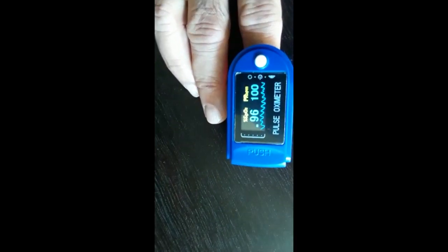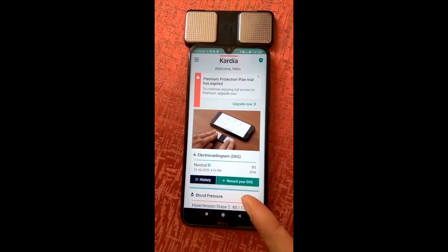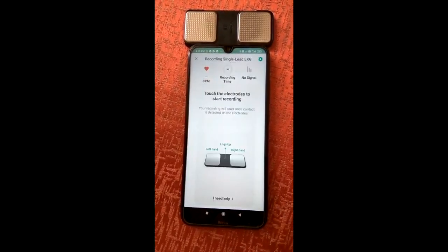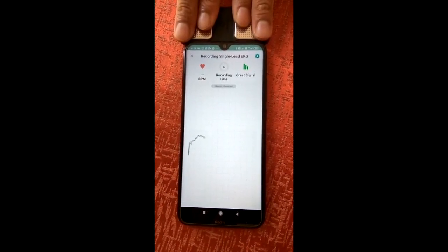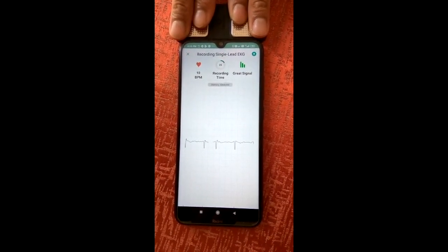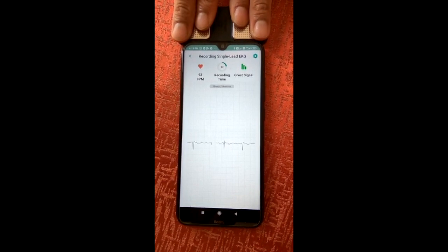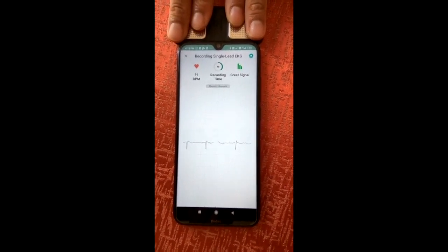Remote consultation of a patient through the Global Products telemedicine software can also be done using Bluetooth connected devices such as this pulse oximeter and the AliveCore ECG device, which has its app on a smartphone, and the ECG device is connected via Bluetooth with the ECG readings being taken as shown on the screen.